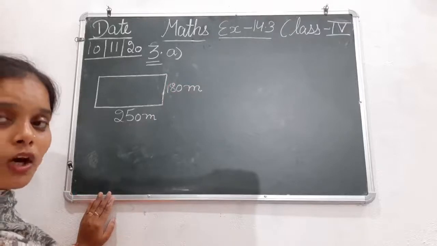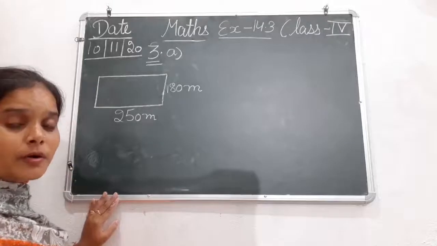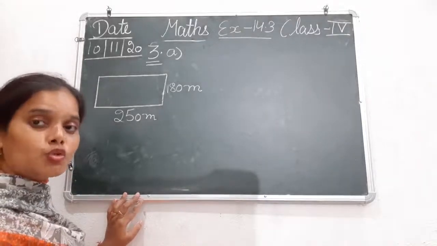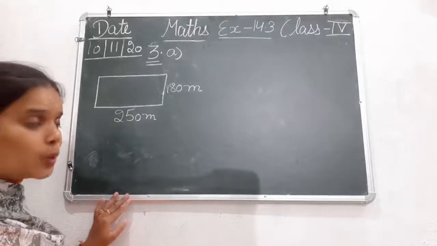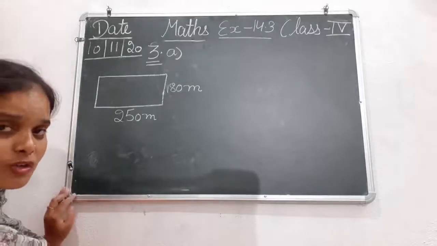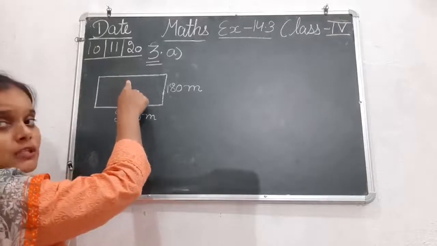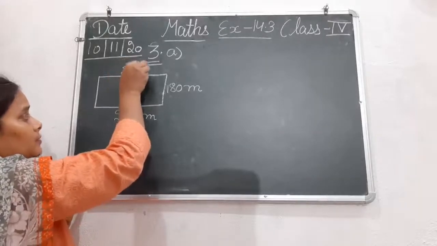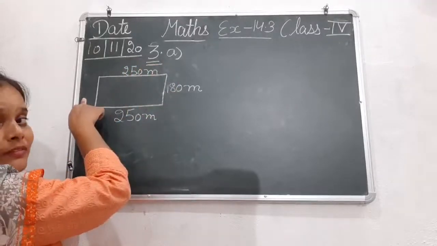Okay, now but we are having the 4 sides here. So what about the other two? So देखिए rectangle में क्या होता है? In the rectangle the two opposite sides are equal. So the measurement of two opposite sides is equal. So उसी के हिसाब से हम measurement लिखेंगे. So ये अगर 250 मीटर है, definitely the opposite side will also be 250 meter. Next, if this is 180 meter, this one will also be 180 meter only.